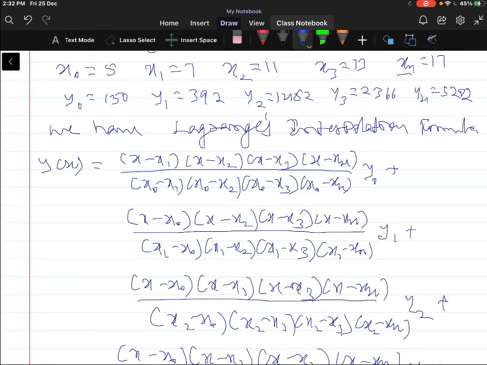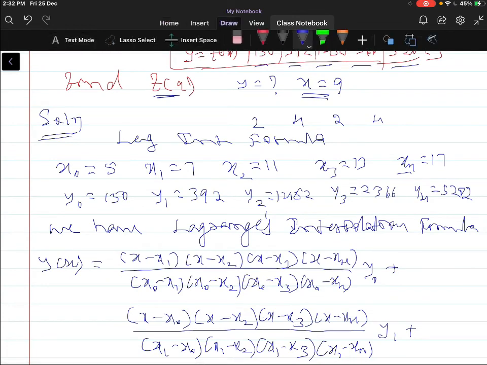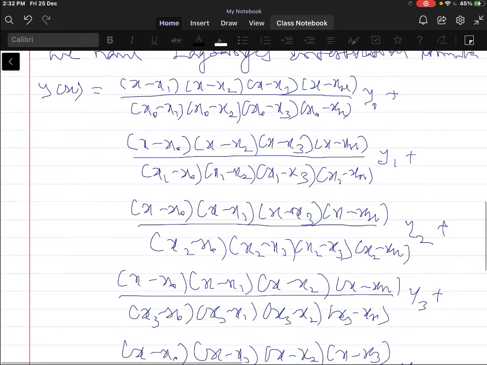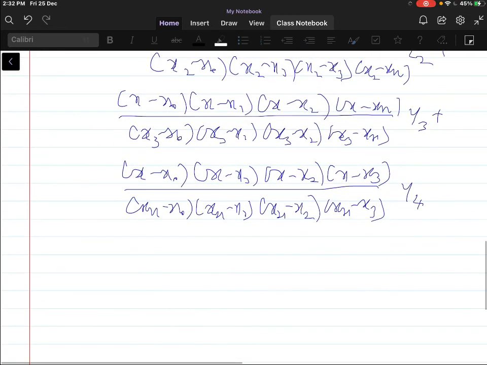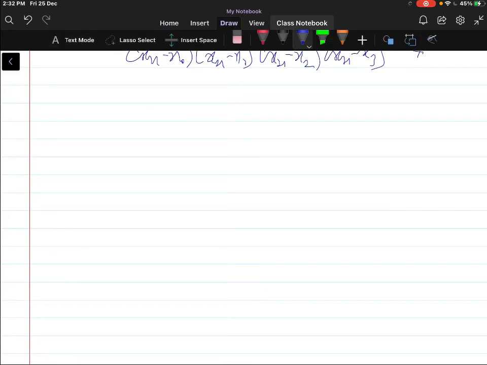According to that, we have established the Lagrange's interpolation formula. Now let us substitute the values of x0, x1, x2, x3, x4, and y0, y1, y2, y3, and y4, and the x value here. X is 9. You have to substitute all the values in the Lagrange's interpolation formula. Therefore, we get y of 9 or f of 9 is equal to,